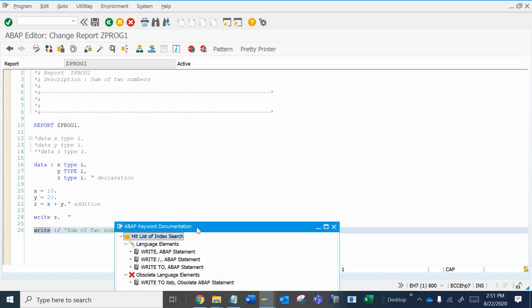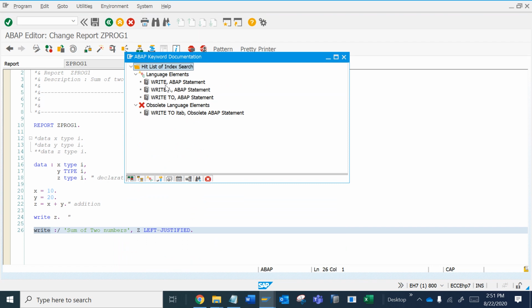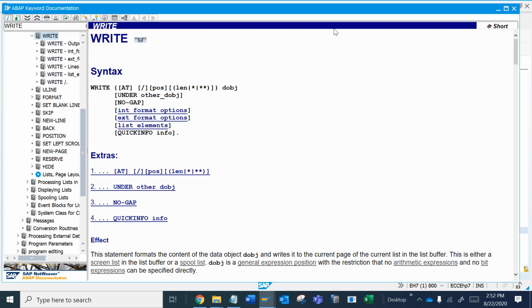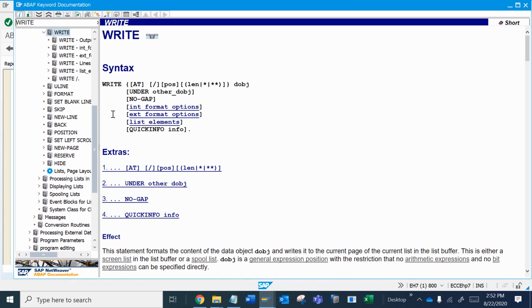So let's see. If you want to check this statement, double click on it. Now see, all the help or documentation is coming here for the write statement. See, all these things, brackets, you can use. You will get to know with practice. If you want to check the internal format option, double click this.